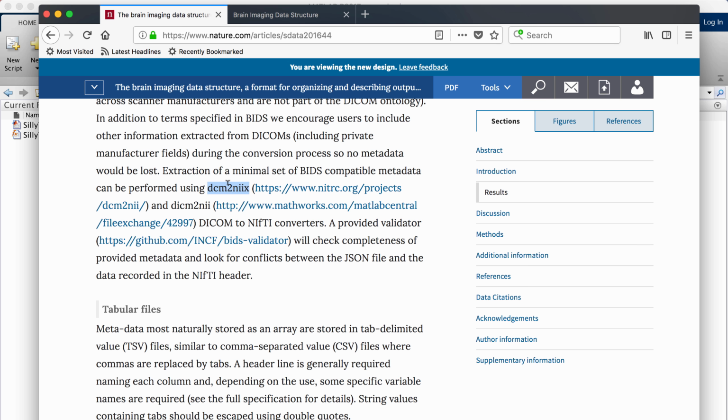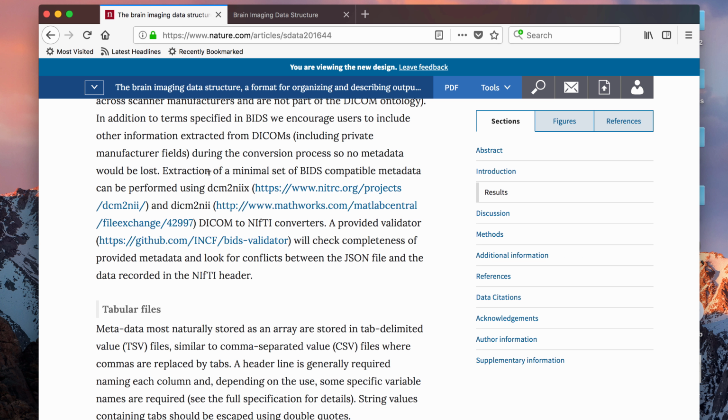You can use the freely available dcm2niix, I guess I'll pronounce it. It has an X at the end, so this is an updated version of dcm2nii. And you can also use a very similarly worded function, dicm2nii, with an I, and this is through MATLAB, but it's also a free program that you can download. Actually, both of them are free. So let me show you both ways to convert them.